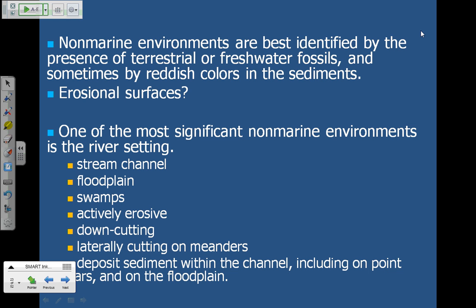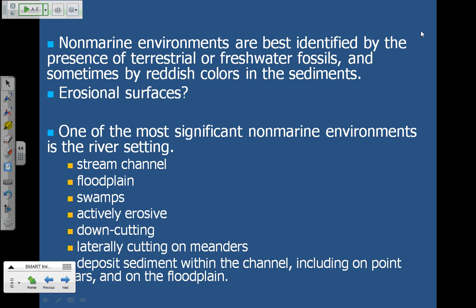We can do that in a river environment, but it's less common on the dry surface, okay? So this is some of the things we look for with our river setting. Some of this can be preserved